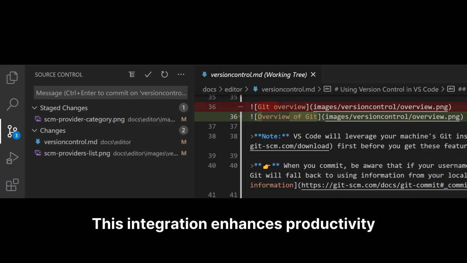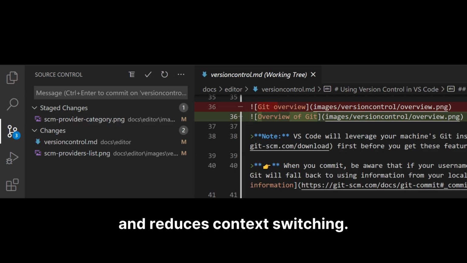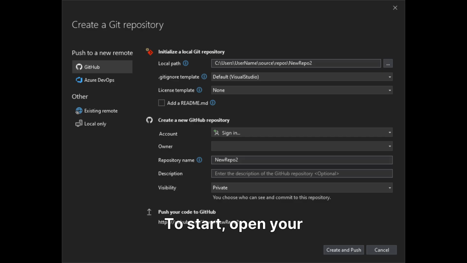This integration enhances productivity and reduces context switching. To start, open your existing Visual Studio project. Then, go to Git, create Git repository to initialize a new repository for your project directly from the IDE. This action sets up the necessary Git infrastructure within your project folder, allowing Visual Studio to manage its version history